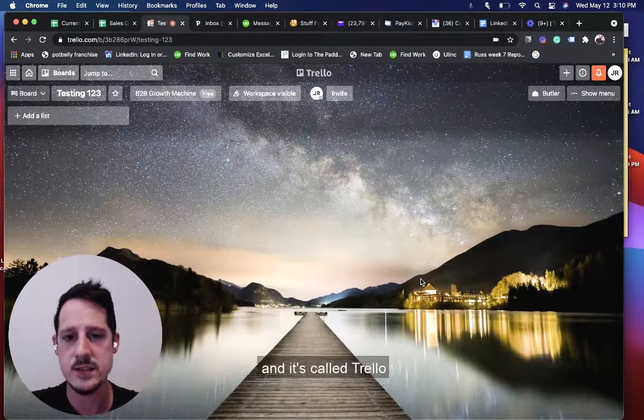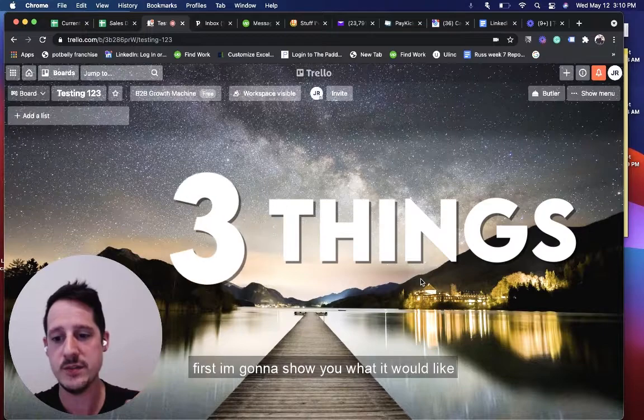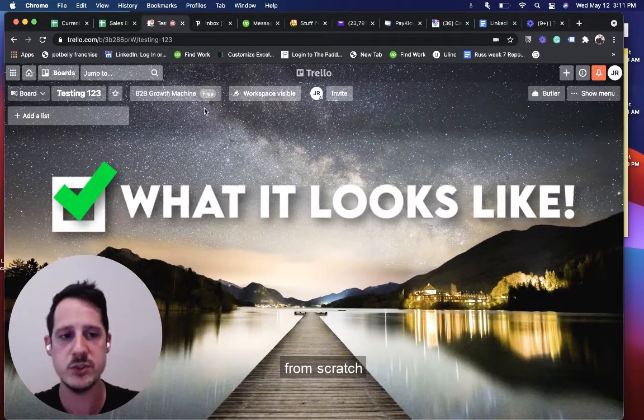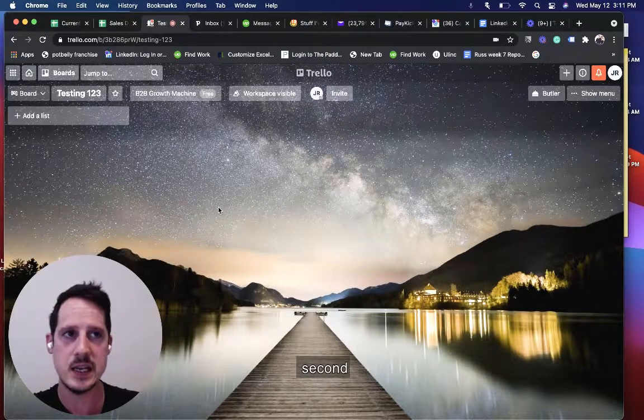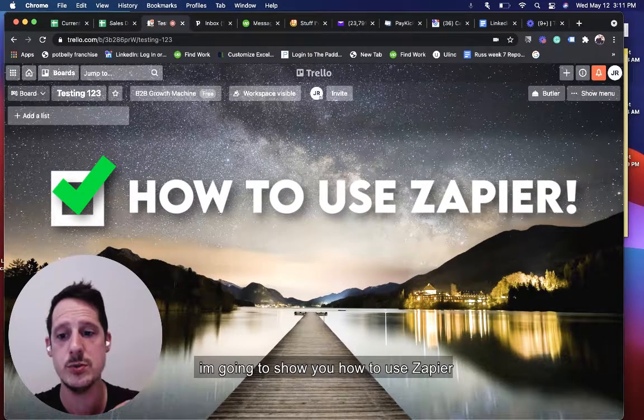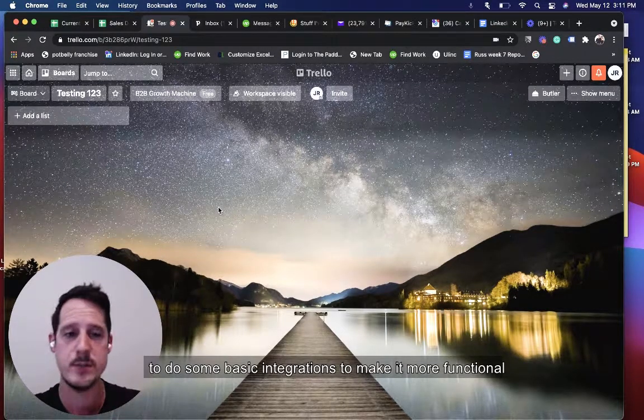in my tech stack, and it's called Trello. It's a project management board, and I'm going to show you three things. First, I'm going to show you what it would look like from scratch, just so you can see how you would start creating on it. Second, I'm going to show you how to use Zapier to do some basic integrations just to make it more